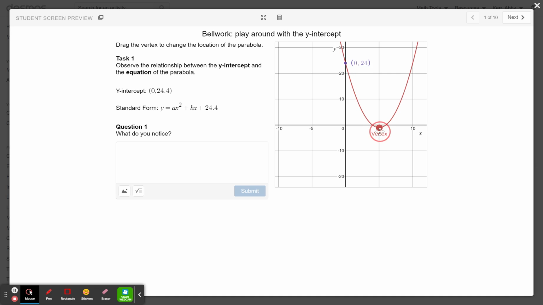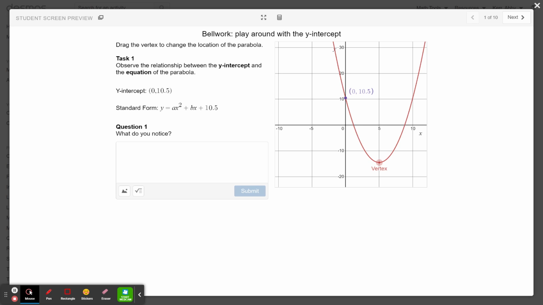It asks you to move the vertex anywhere. If you notice, look at the y-intercept. Now it's 0, 18.6, and look at what happens to the number in place of c. Hopefully what you are noticing is that whenever you move the parabola, the y-intercept changes. It's where it touches the y-axis, and it changes the c value. Here this graph is 0, 10.5 for the y-intercept. Look at where the c value is. It's 10.5. So the connection is when you have standard form of a quadratic function, the c value is the